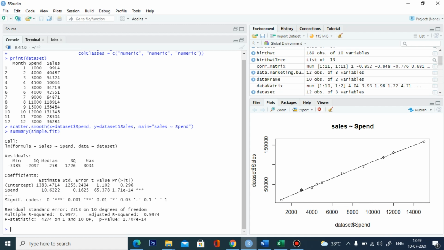So we can write the equation: y is equal to b0 plus b1 into x. The sales equation is sales is equal to 1383.4714 plus 10.622 into spend. So this is your equation. If you mention the spend, you can easily predict the sales variable.